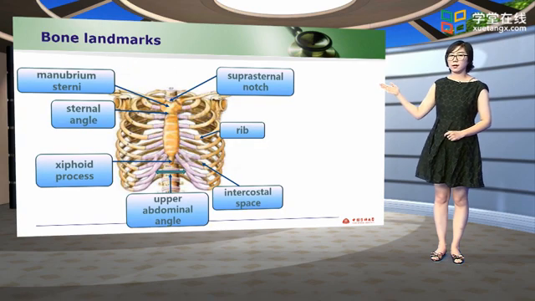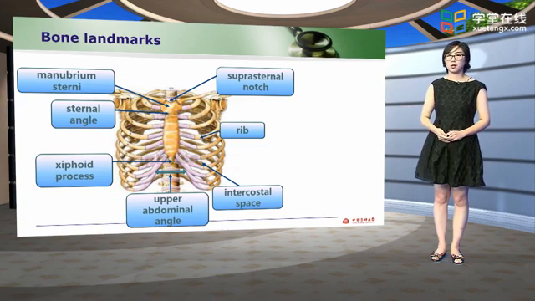From this picture, we can clearly see the bone landmarkers in anterior part. The first one is called suprasternal notch. The notch is just above the sternum. In the normal condition, trachea is in this notch. The manubrium sterni is a hexagon bone at the top of sternum. It can connect the bilateral clavicular and the first ribs,